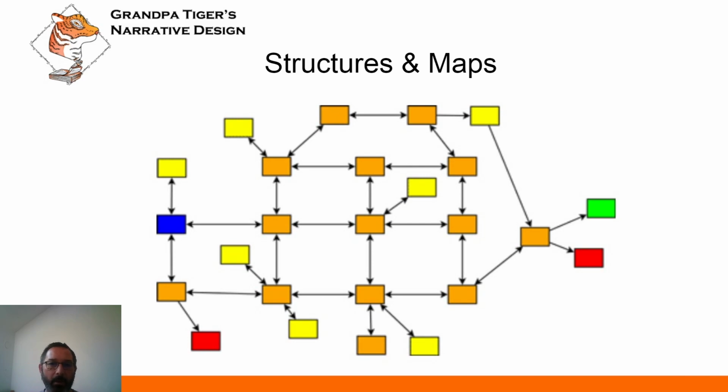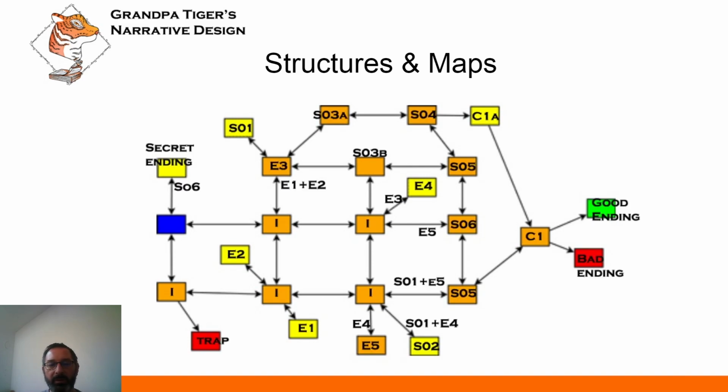And there's something I call the perception map, which comes on top of this. This perception map is not only telling you what's unlockable where, but also telling you about the narrative, like how the player progresses through the narrative. What should the player know before going further? For example, here I have a blue box as a start, and then we can have I, and this I should represent